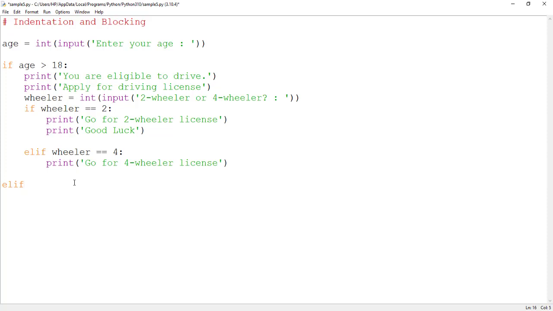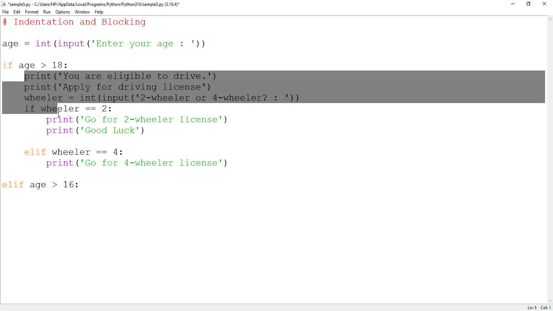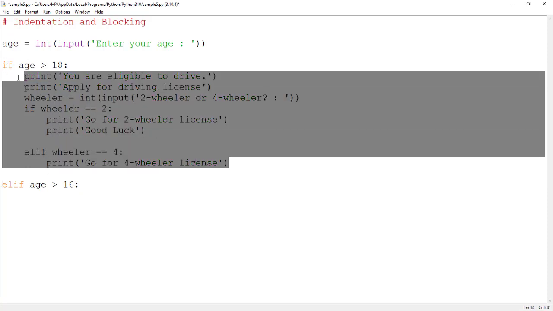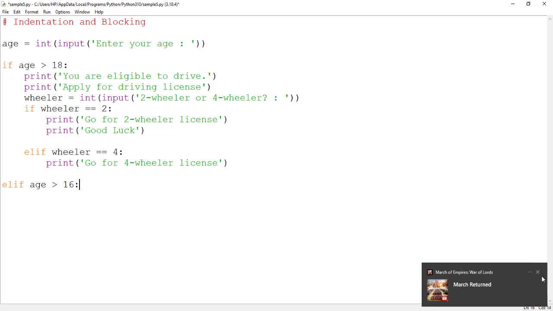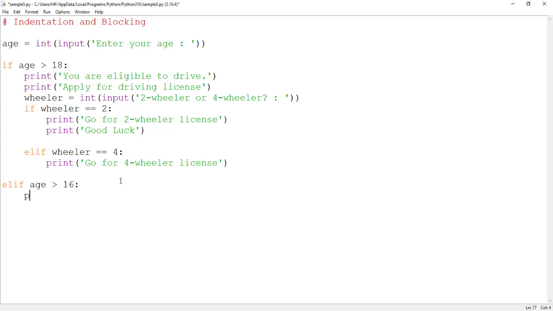Now I will type elif age is greater than 16. If age is greater than 16, see where did I type this elif? This is in the same line as if, this is in the same line as if. So this entire part is inside this, imagine that there is some kind of a box around this. Okay, so this is a box of code which will be executed only if age is greater than 18. Elif age is greater than 16, then what will happen? Then we can say print